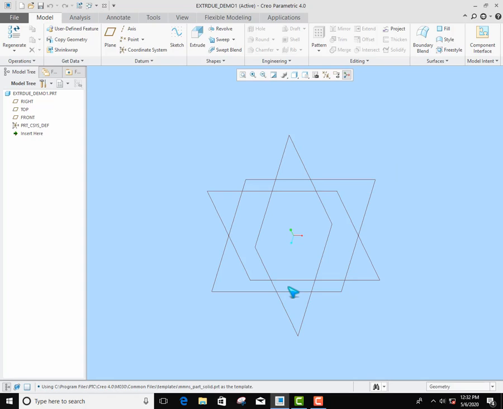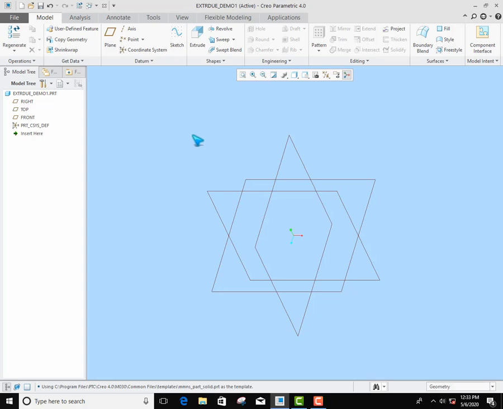In Creo Parametric, whichever version you have, Creo 2.0, 3.0, 4.0 or 5.0, the procedure here is the same. When you open the new part creation, the default three planes appear on your screen. You can see here in your model tree the Right, Top and Front. So you can select whatever plane you want as per your requirement.